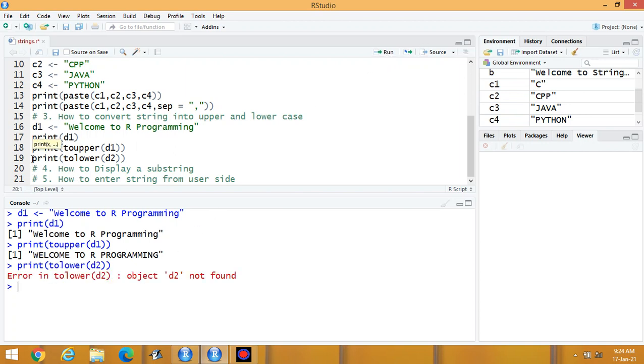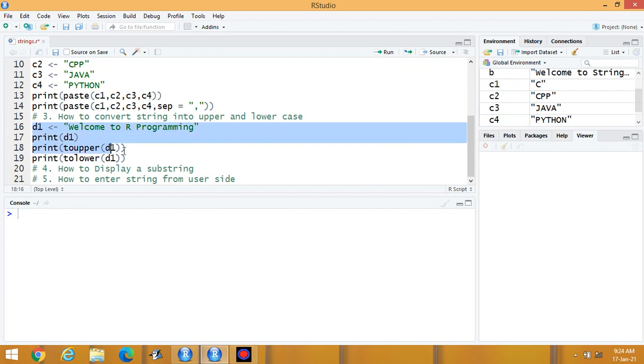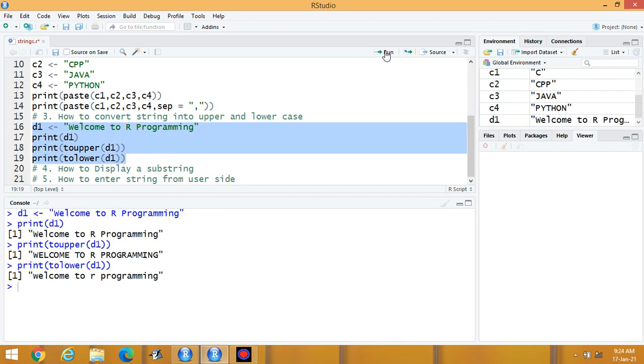D1 is required here because D2 is not assigned. Let's execute the program again. First of all, display of the string, whatever the string entered is. Second, the conversion of the string into uppercase. And third one is conversion of the string into lowercase.